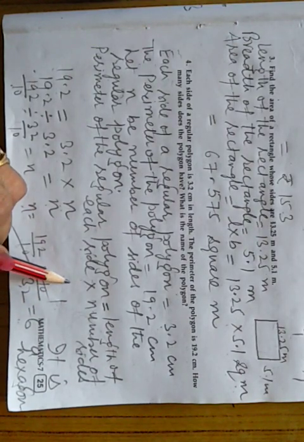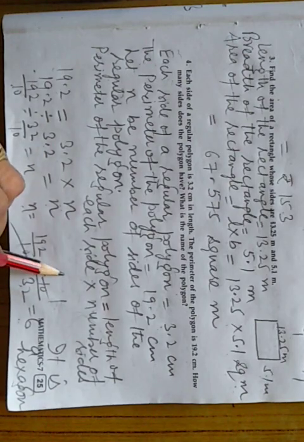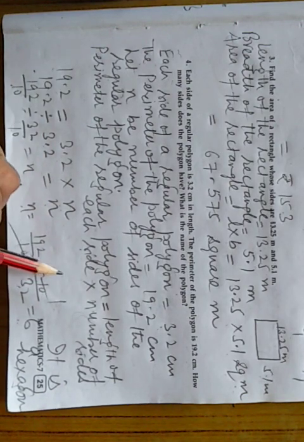When there are 6 sides of a regular polygon, it is called a hexagon. When there are 4 sides of a regular polygon, it is called a square. If 5 sides are there of a regular polygon, it is called a pentagon. If 6 sides are there, it is called a hexagon. If a 7-sided regular polygon is there, that is called a heptagon.